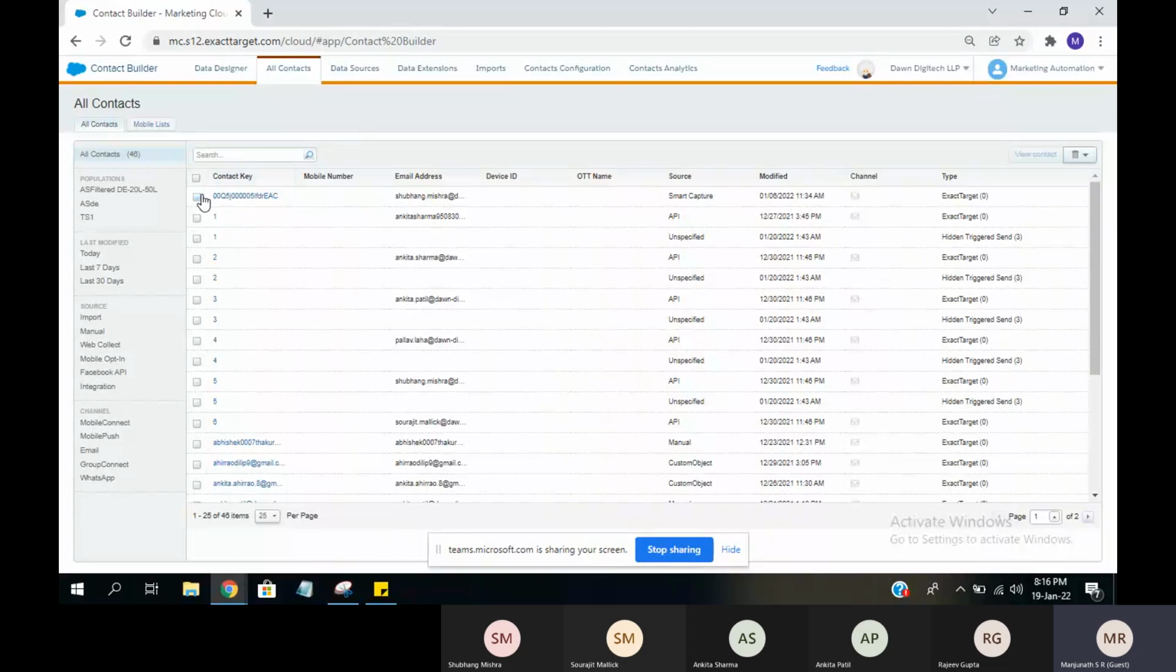Assume you have a 100 records that need to be deleted. You don't have that much time to go select each record once and delete it, right? At that time, what you have to do is, first, create one sendable DE. That DE will contain only the subscriber key field. That's enough. Relate it as a subscriber key, and import all the 100 records into that